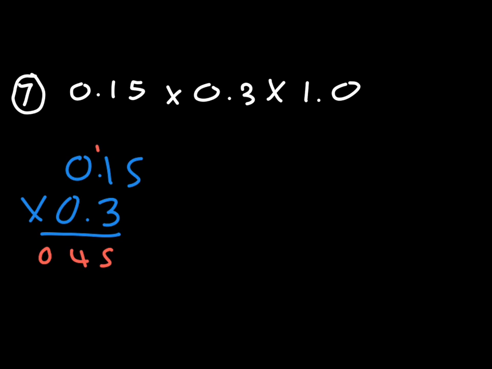Therefore, there are 3 decimal places in our final answer. So we can start on the right hand side and we go 1, 2, 3. Therefore, our answer for 0.15 times 0.3 is